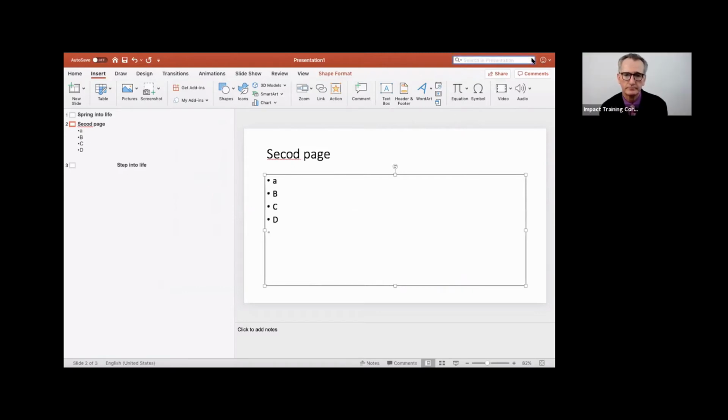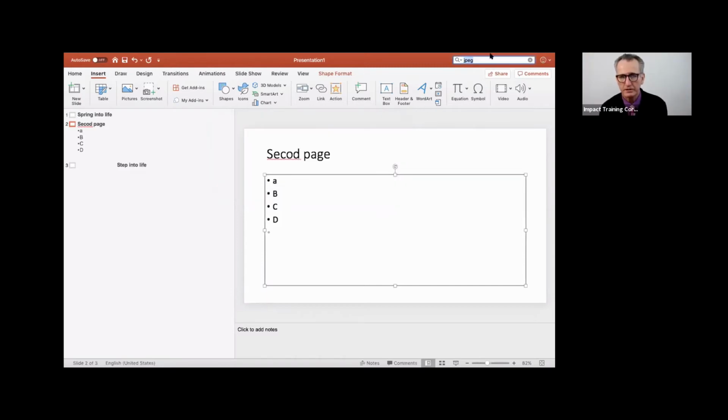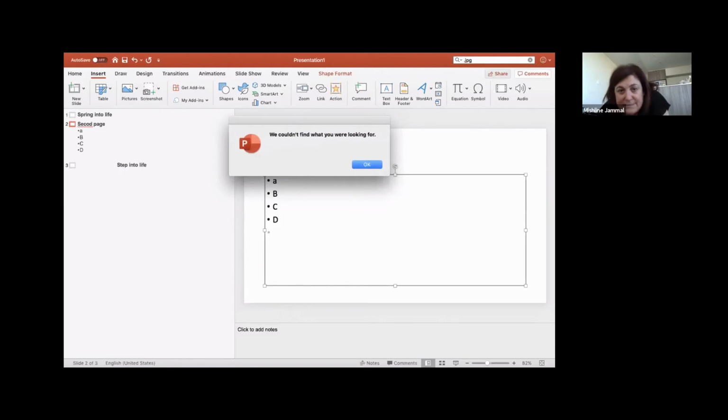Okay. JPEG. Enter. Yep. Can't find it, so just put JPG instead. .jpg. No, just cancel that out and just put .jpg. JPG. Yeah. Okay, and enter. It hasn't got any pictures.